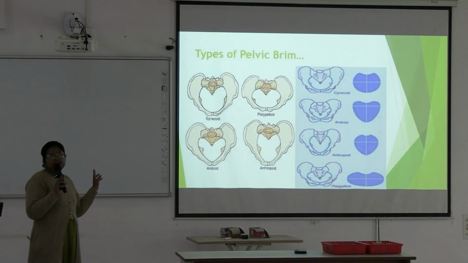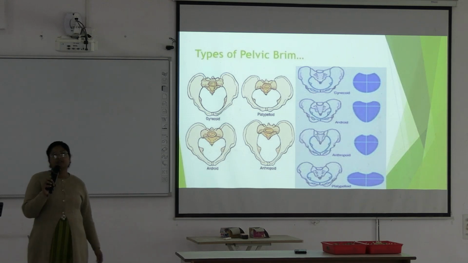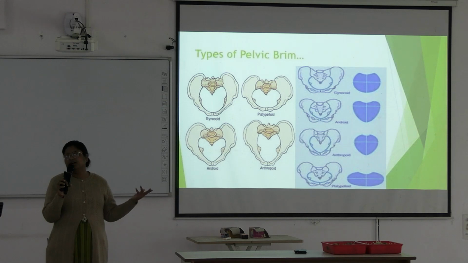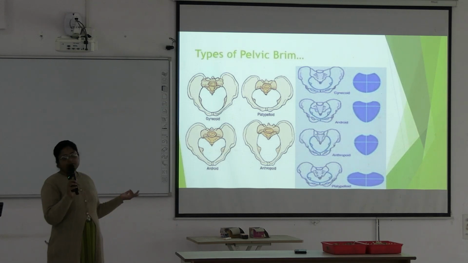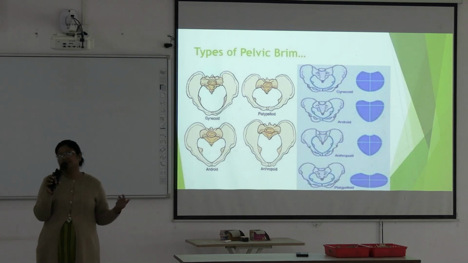This is important: inlet, outlet and cavity diameters and these different types of pelvis. You prepare it as a short note. Okay, understood? So pelvimetry is important for determining whether cephalopelvic disproportion is present or